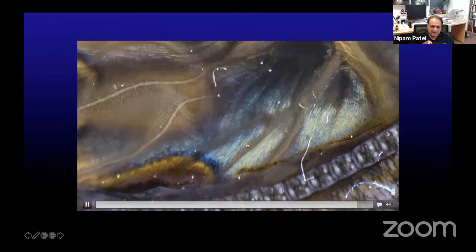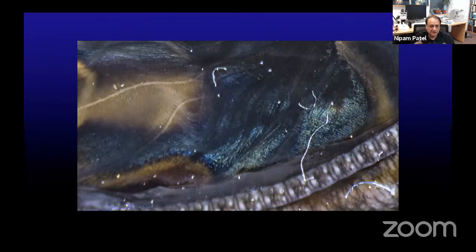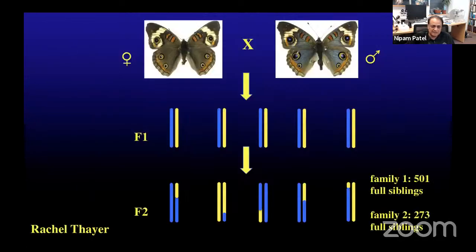So even though in this particular instance we're not directly visualizing the thickness of the lamina, we can tell you how thick the lamina is by that color shift that it's undergoing during that phase of pupal development. So then we know exactly when the lamina is getting to these different thicknesses. Now, the nice thing is that having these brown and blue butterflies that are closely related, remember now they're only separated by 12 generations of selection.